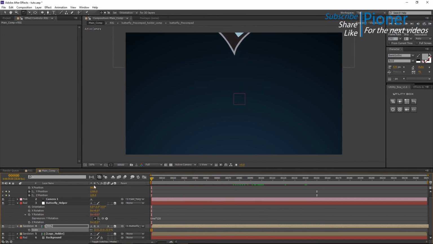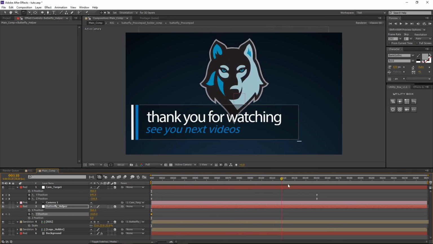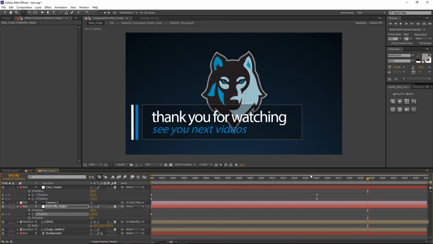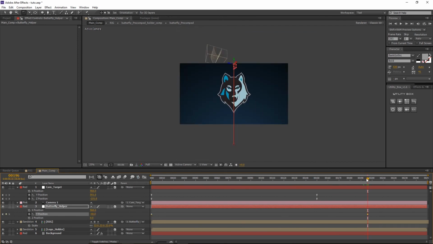And let's grab our butterfly helper, press P for position, and let's drag this down. Actually adjust the Y position, not the Z one. So I'm dragging this layer down until it's off the screen. I will set a keyframe for the Y position, and then I will just drag this layer up until it's off the screen on the top here. Alright, now we have